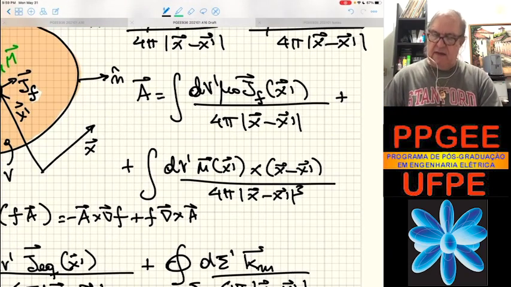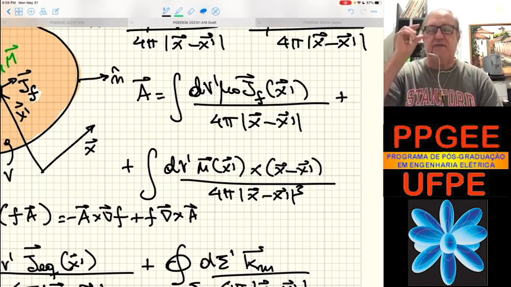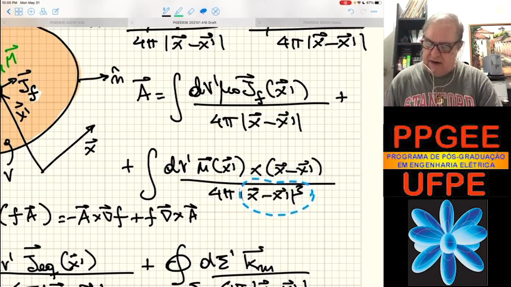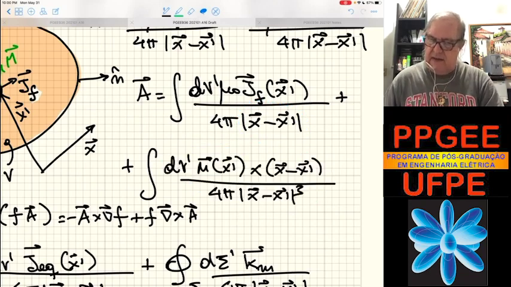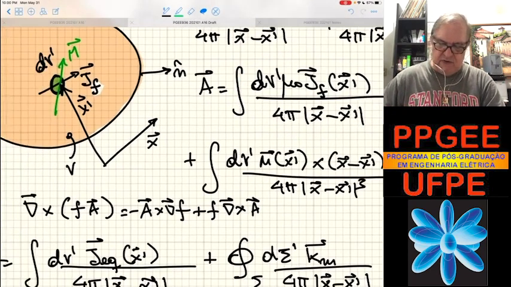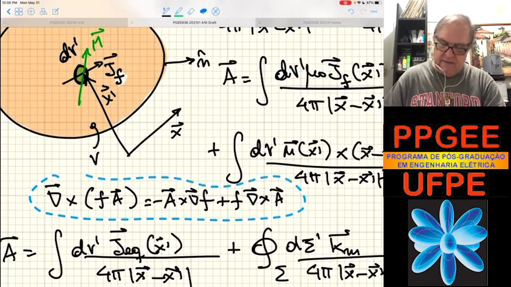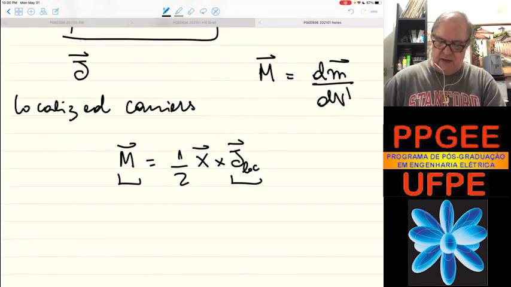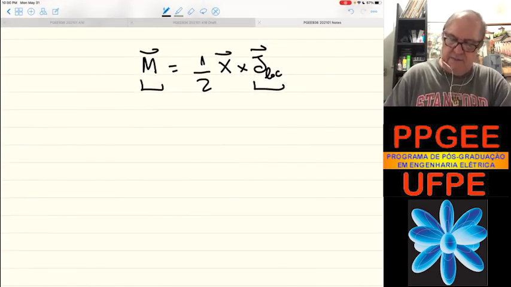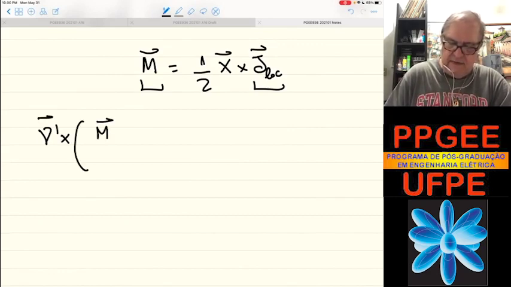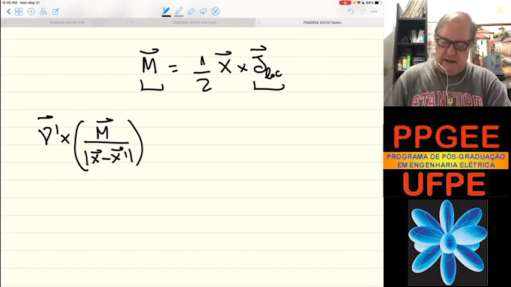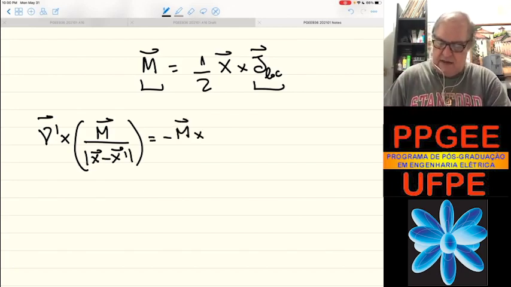Now, in the same fashion we had in the case of electrostatics, we have a denominator here which is the third power, and a denominator here with the first power. One part of this integral we can transform so that it has a shape very similar to this one. Let's do that. To do that, we are going to use this identity, the chain rule. Let's work outside here. The curl of m divided by x minus x prime, relative to the prime variable, equals minus m cross the gradient